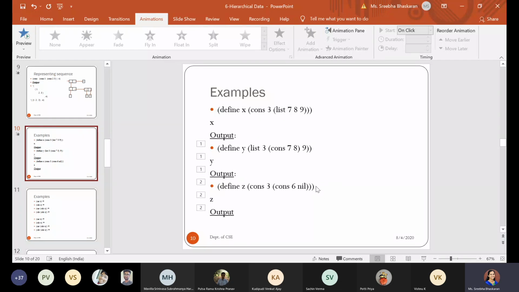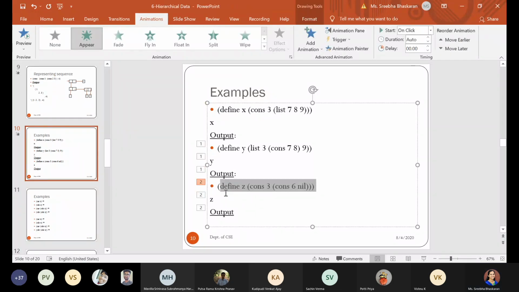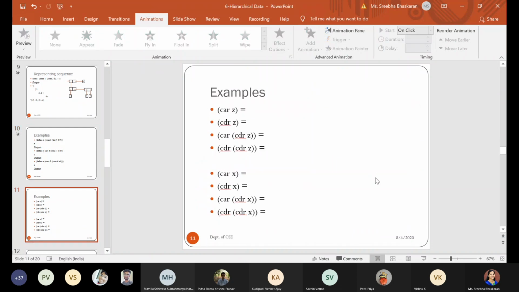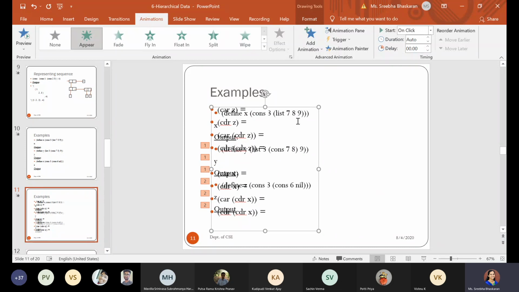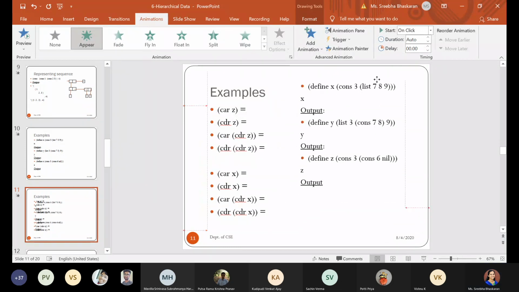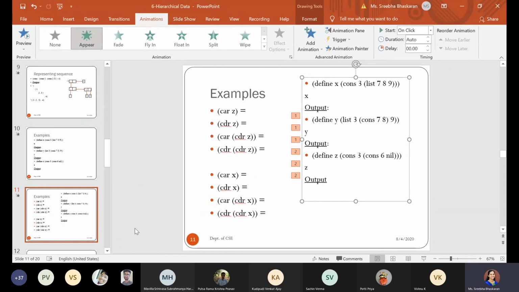This one. Let it be here so that it will be a reference for us.